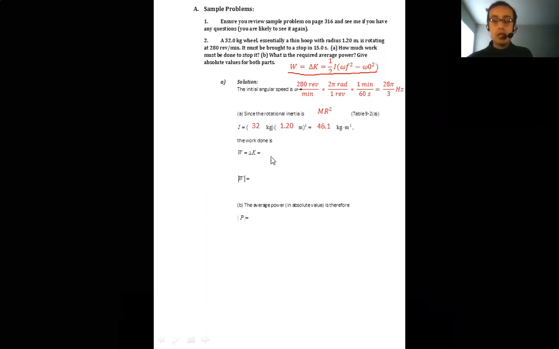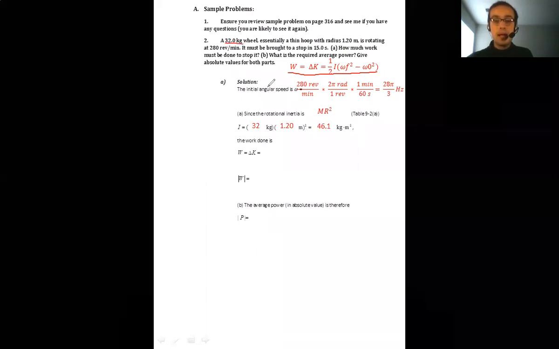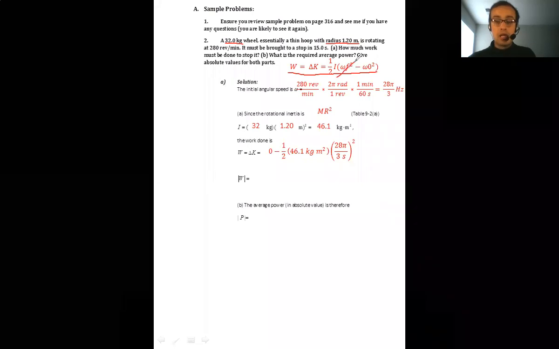And what we can say is that we know what the mass is. That's 32 kilograms. That's given. And then we have the radius. The radius is given. So that lets us calculate the moment of inertia as 46.1 kilograms times meters squared. So the work done is simply the final angular velocity that we want here is 0. And the initial angular velocity is given by 1/2 times the moment of inertia, 46.1, which we calculated,